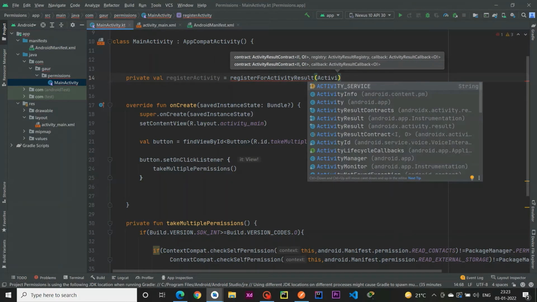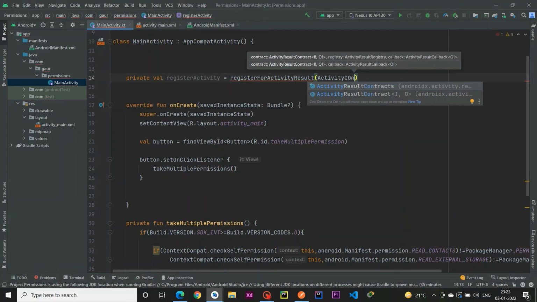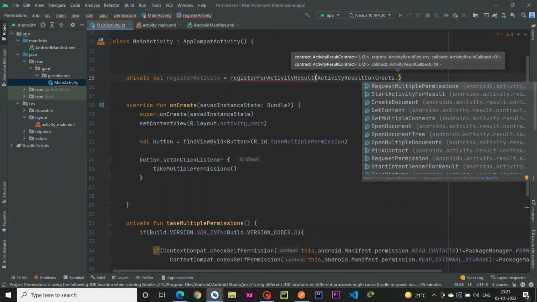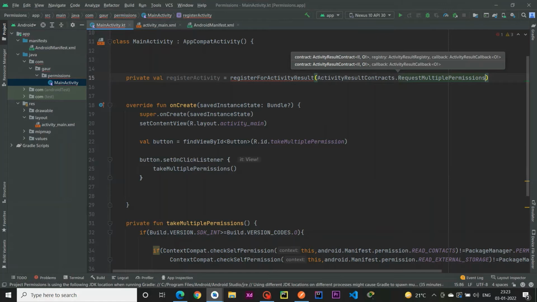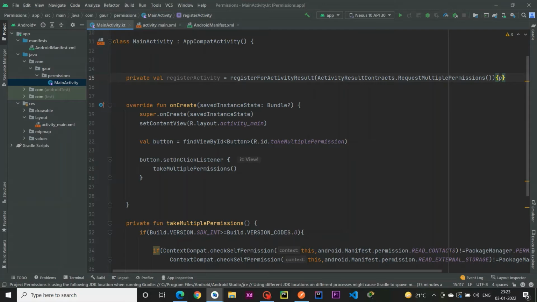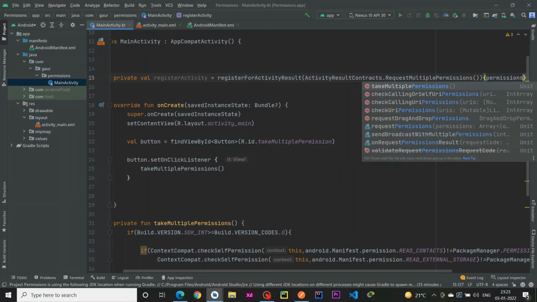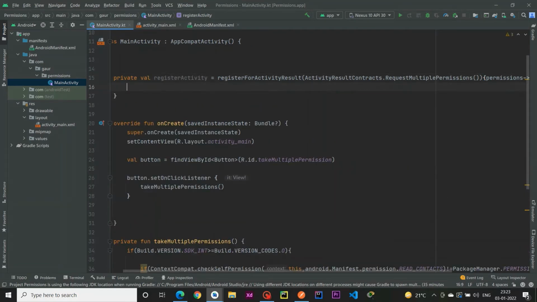So I pass ActivityResultContracts, and here you have a bunch of options. It depends on your need which one you want to use, but in my case I use multiple permissions, so I select the first one, which is RequestMultiplePermissions. After that, open a parenthesis, and here you are going to get all the permissions.